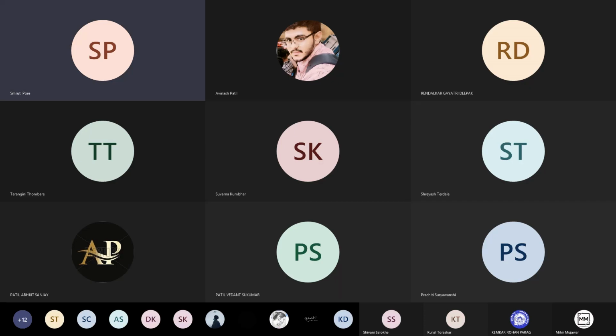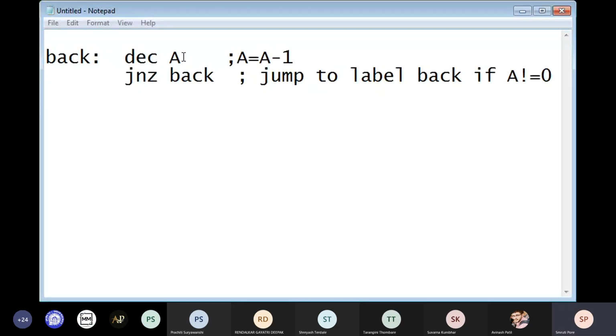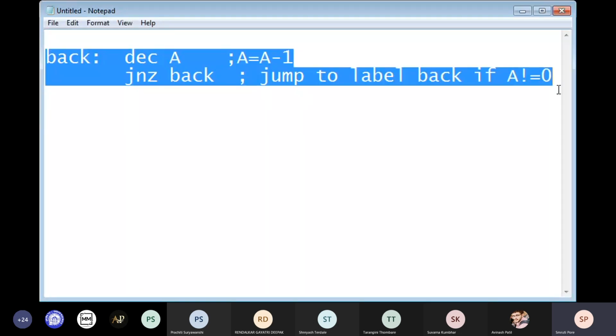For that you are using the jump instruction JNZ. First instruction is DEC A, which will decrement the accumulator by 1, and JNZ back will go to the back label, that is the previous instruction, until the content of the accumulator is